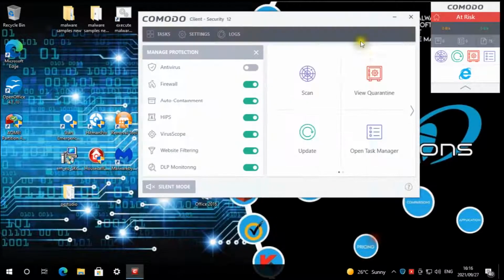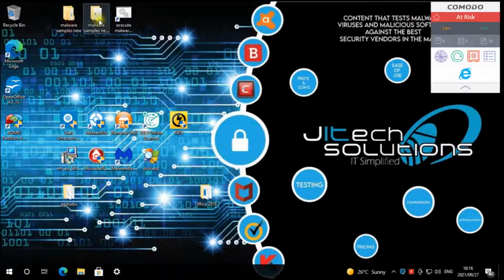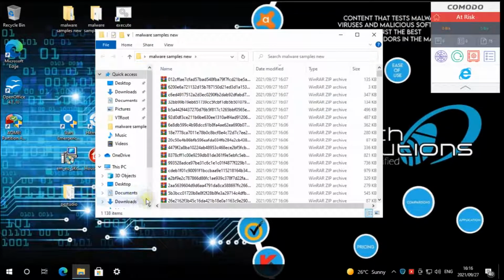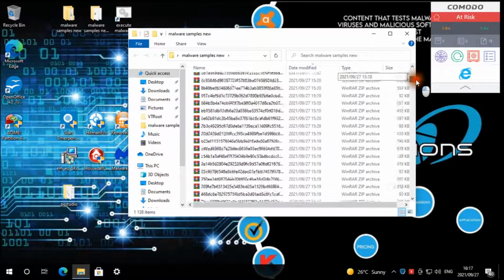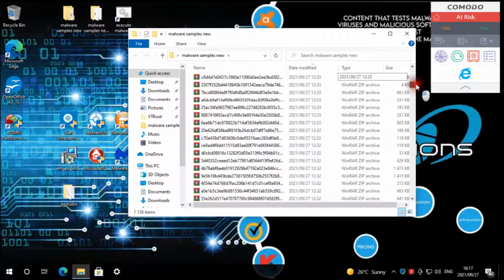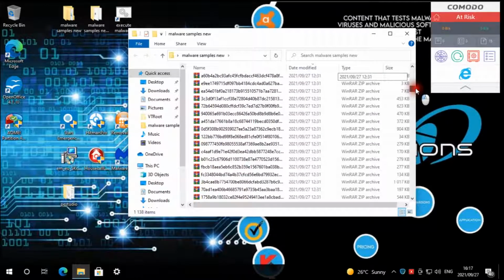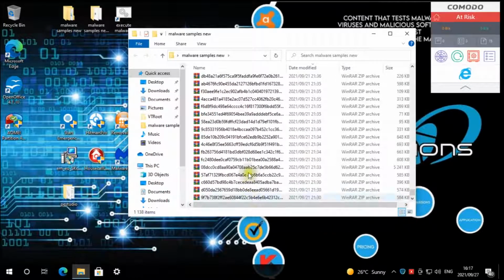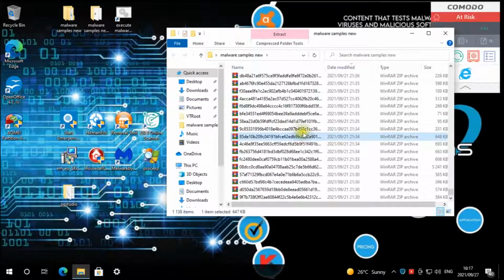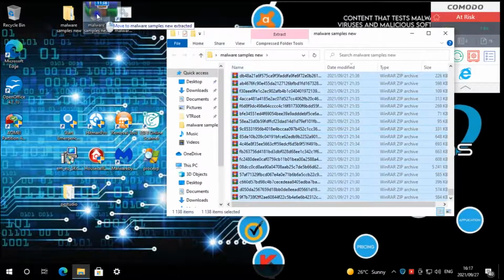Okay, now that we have shown the settings, under our malware samples, we have 1,138 new malware samples. You'll see that the timestamp shows it's today, not a couple of minutes ago. We downloaded some of the other latest malware. We had some malware that we've had before that we also used for testing on the other vendors, but it ranges from the 27th up until the 21st, so it gives us quite a bit of malware to test with today. We are going to extract the malware to this folder,